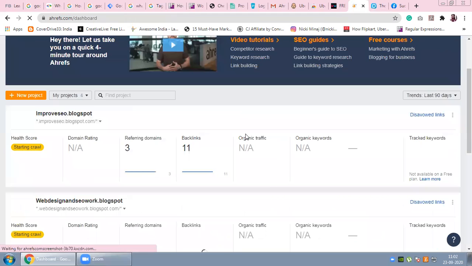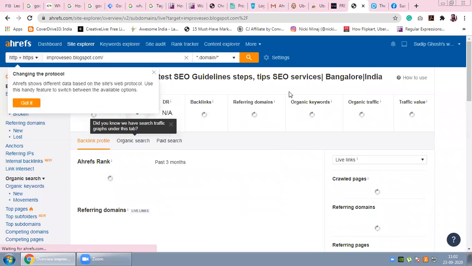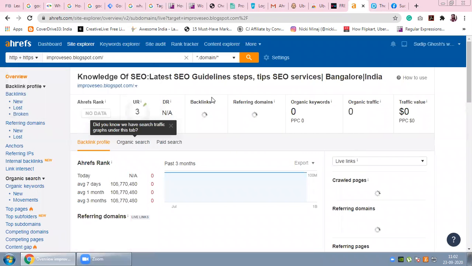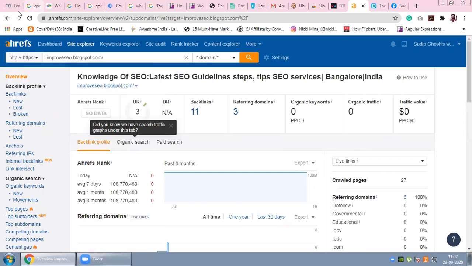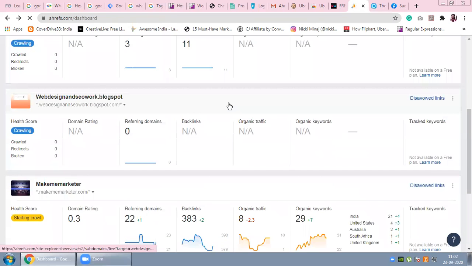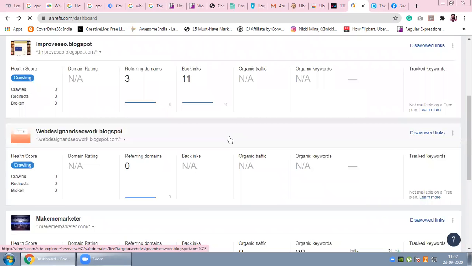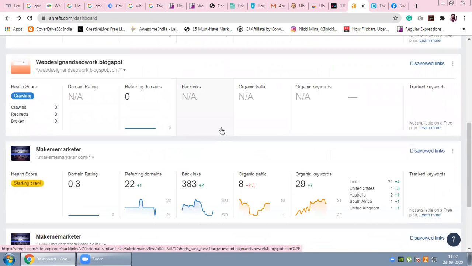Now they have extracted my data from my websites. See here the 4 websites which I am handling: how many backlinks, how many referring domains, what is their organic traffic, organic keywords, everything is getting tracked.